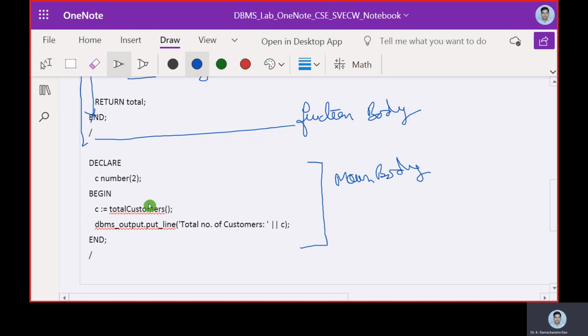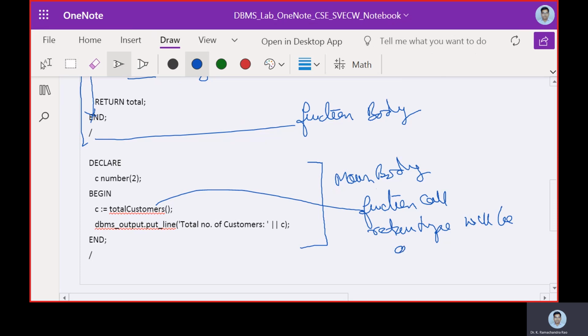Now dot customer, we call it a function call, and the return type will be assigned to C. So we declare a variable called C, and then we are assigning it to C. Now dbms.output, we call it the package name.